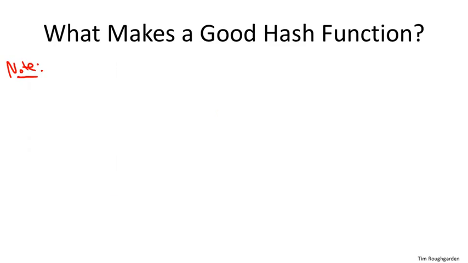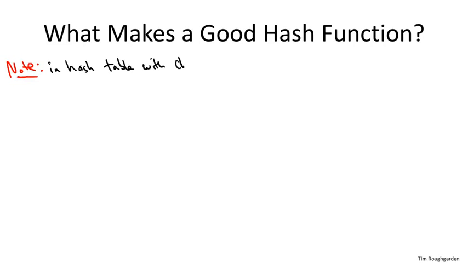Let's begin by building up some intuition about what we would want from a hash function now that we know how hash functions are usually implemented. So let's start with a hash function which is implemented by chaining. So what's going to be the running time of our lookup, insert, and delete operations in a hash table with